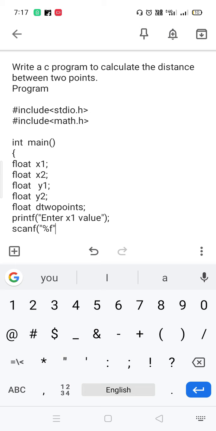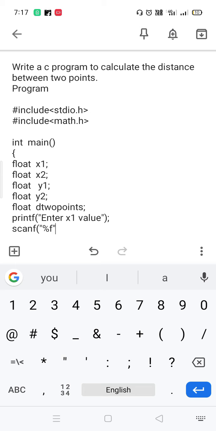After scanf, immediately there is no space, bracket opening. Within the double quotations, you need to mention the data modifier, format modifier. It is a float, so I am taking within the double quotations percentage f. Suppose this x1 is an integer, I would take within the double quotations percentage d.